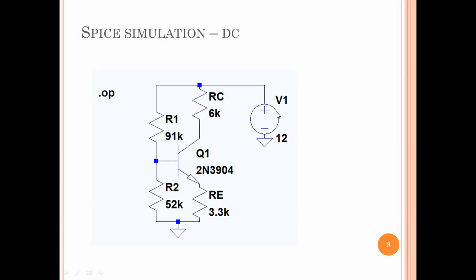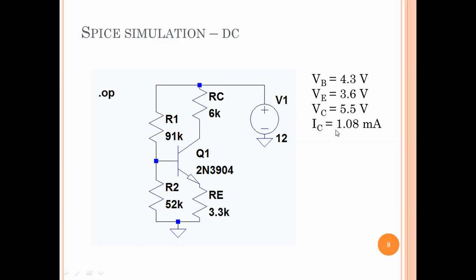Alright. Then I did a DC simulation, a dot op, just to find the voltages and currents at all nodes. This is just DC analysis. I have not yet connected the signal source. So I simulated, and these are the values I got. Base voltage 4.3 volts. You recall last time we had analyzed this circuit for beta varying from 50 to 200. And VB was varying around 4 volts for the nominal beta. This is 4.3, which is okay. VC is 5.5. We had designed for VC to be 6 volts. Close enough. IC 1 milliamp.